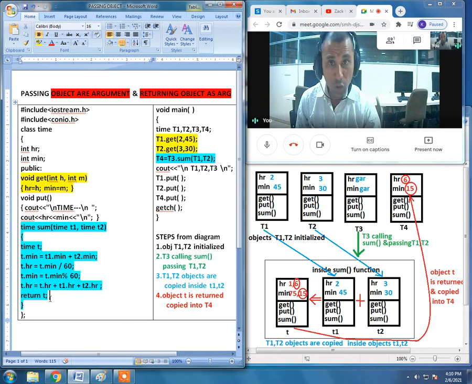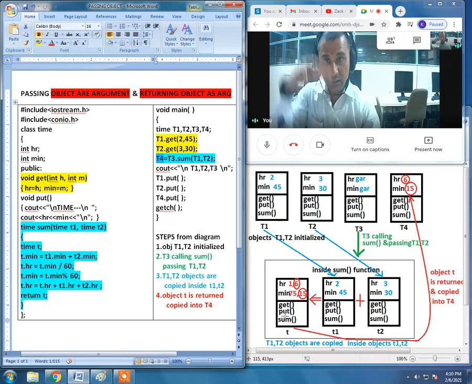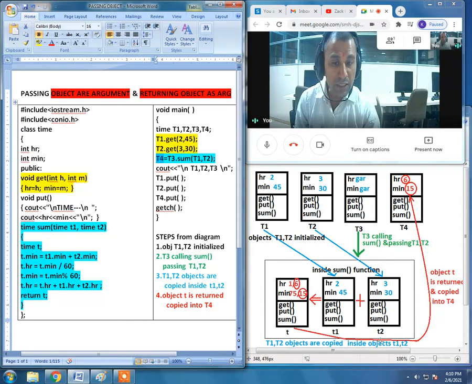Finally, after the object is ready, we are going to throw it back to the main function. That is the job of return t. So t object is being thrown to the main function where it is being caught by object t4. That is given in step number 4. Everyone, this is just the diagram. Take a look at the diagram, please. So t object is created, is ready. The values are being passed on to object t4 inside the main function. So t4 object of the main function will be receiving the values 6 and 15 as a final catch.